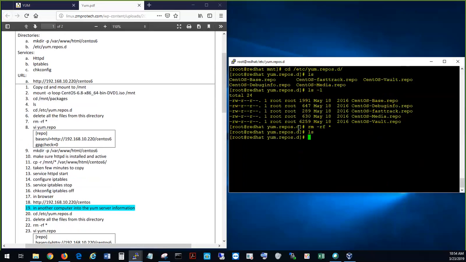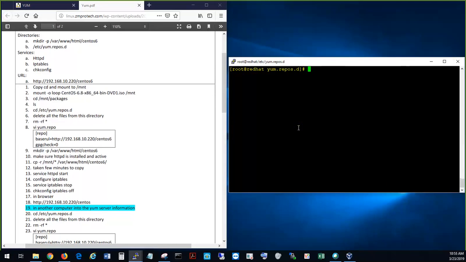So all files are gone from there. Now it's telling us to create this file here, and then in that we have to put this information here. Okay, and then it's telling us to copy all this information here exactly the way it is, but you're just gonna have to